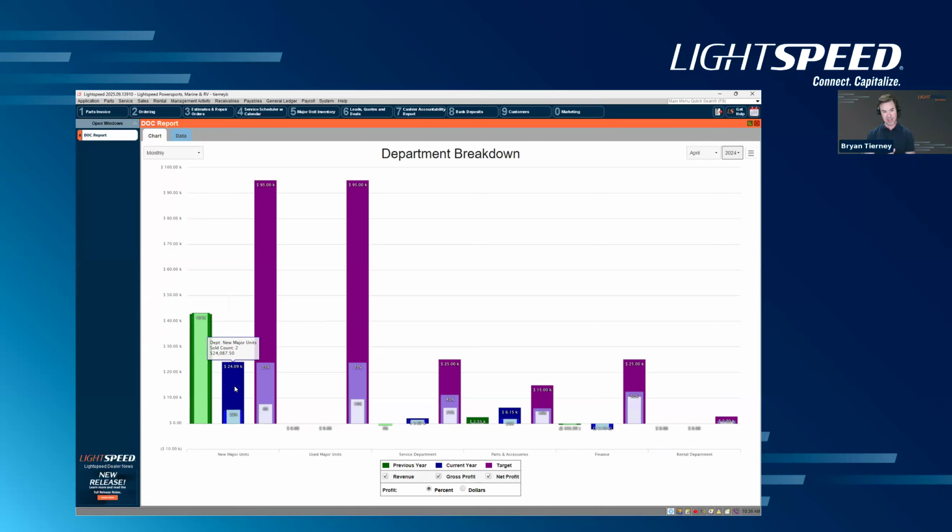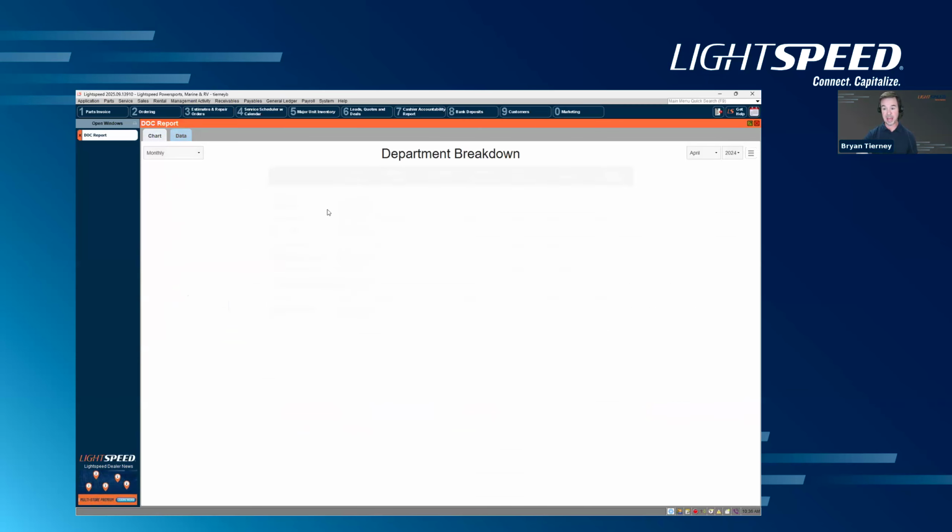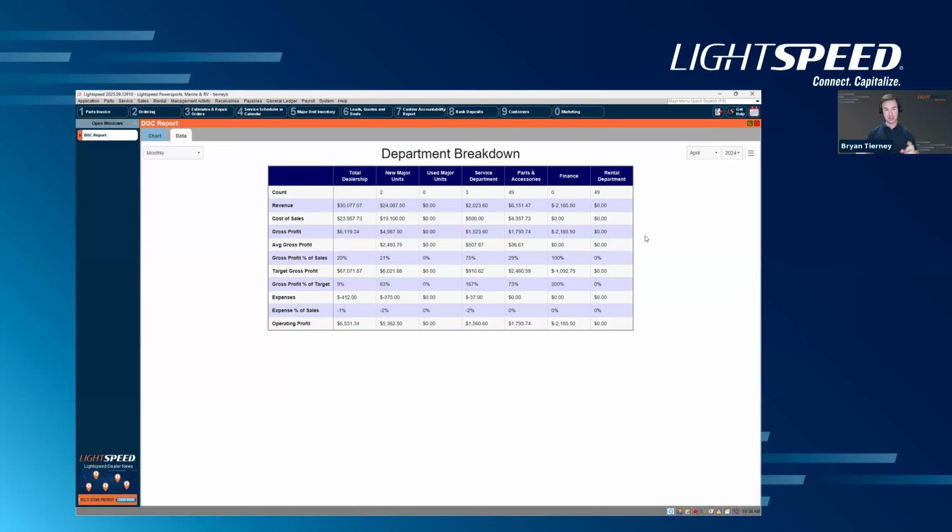And if I've got a target for that department, where do we want to be in a perfect world, I can also see what our target is for the month, for the day, for the year, for those respective departments. I can also see the data view, which I like to refer to as the Cliff Notes version of the profit and loss statement. It is showing you a total dealership breakdown, kind of like your consolidated part of the profit and loss, broken down by department, so new, used, service, parts, F&I, even rental based on your departments, operating expenses, revenue, target expenses. You can see all the information, much like you would see on your profit and loss statement, just condensed and